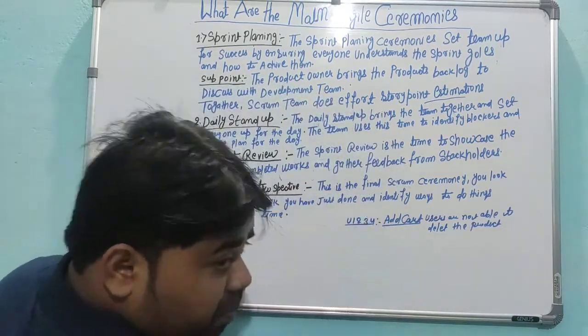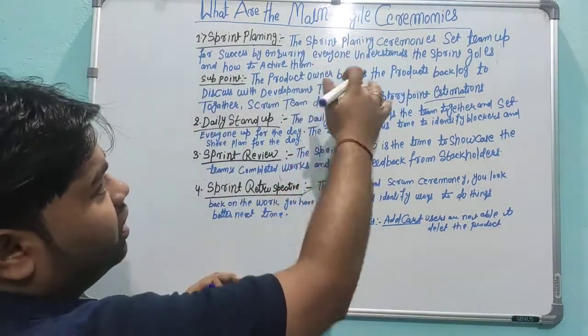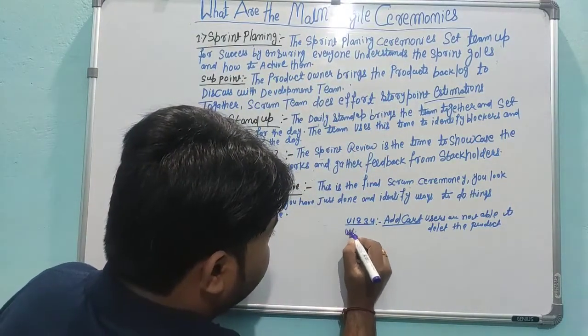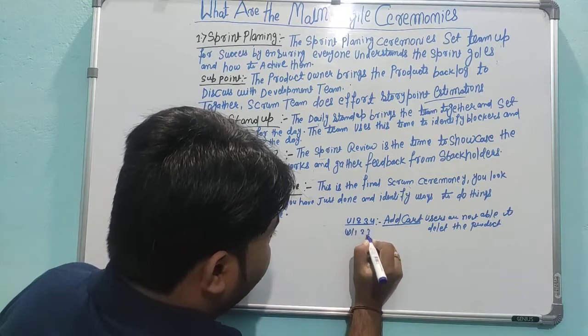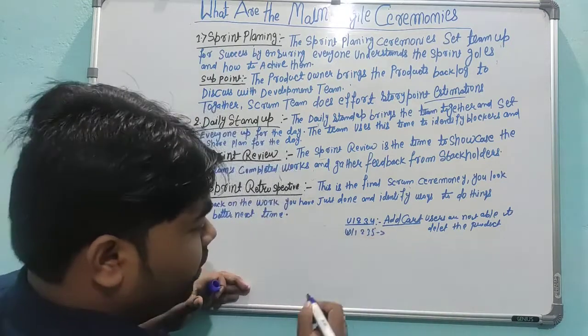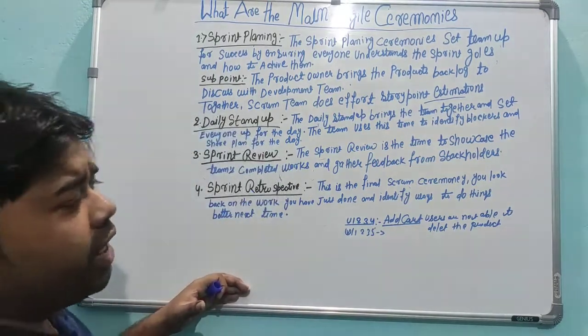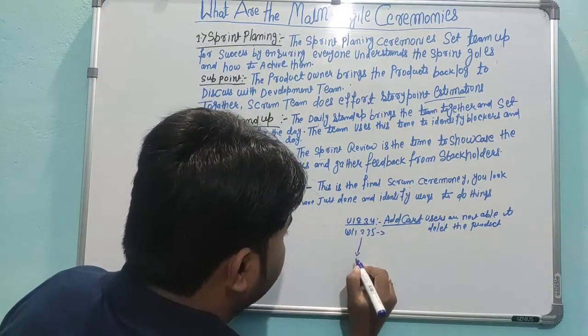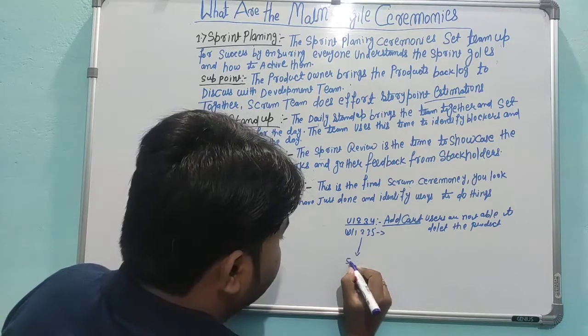So we have multiple user stories, guys. So here we are discussing these backlogs. Like we have a user story, I'm just giving one example, 1 2 3 5. So we have another user story, right? So they are going to define that in this sprint they have 5 user stories. Okay,